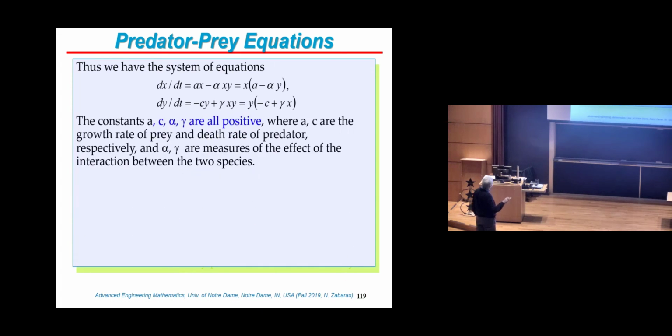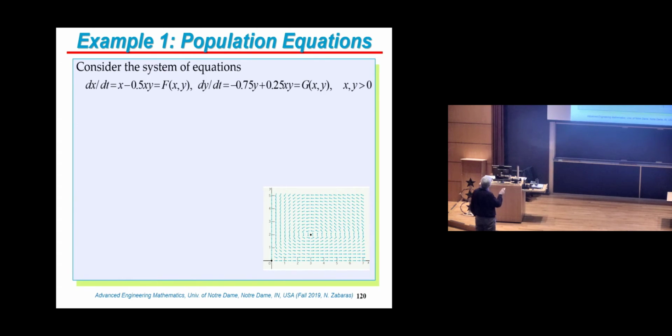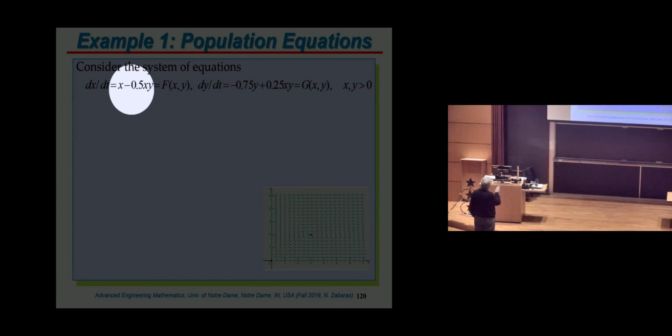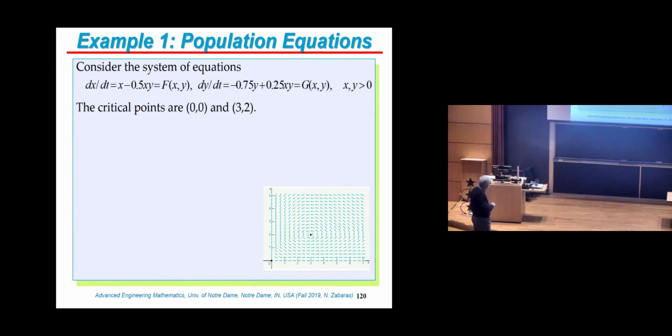So let's figure out the critical points. Obviously, how do you compute them? I'm taking a specific example for demonstration. For the critical points, you will set this equal to 0, and you will set this equal to 0. And the critical points come to be (0, 0) and (3, 2). Okay? And you can see